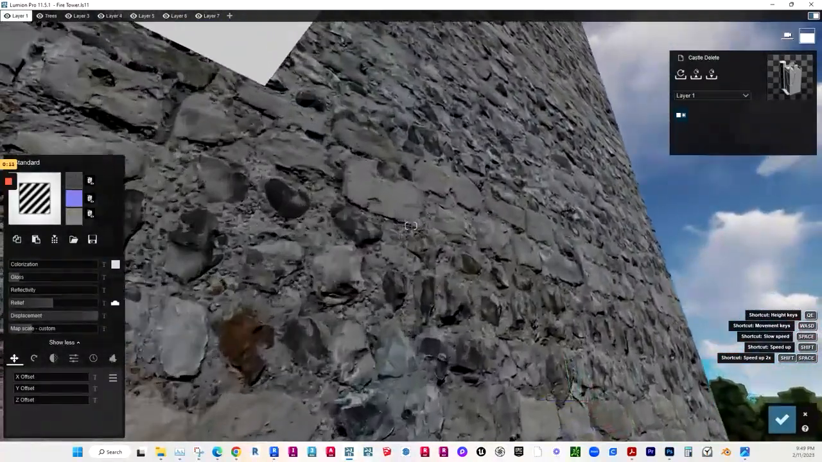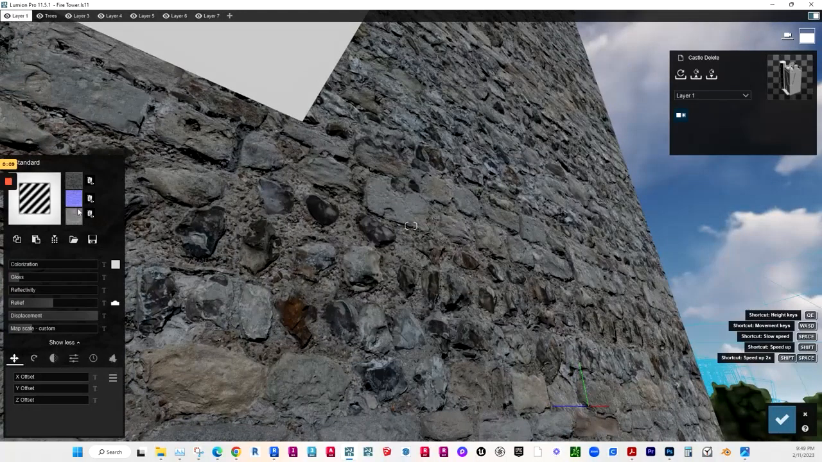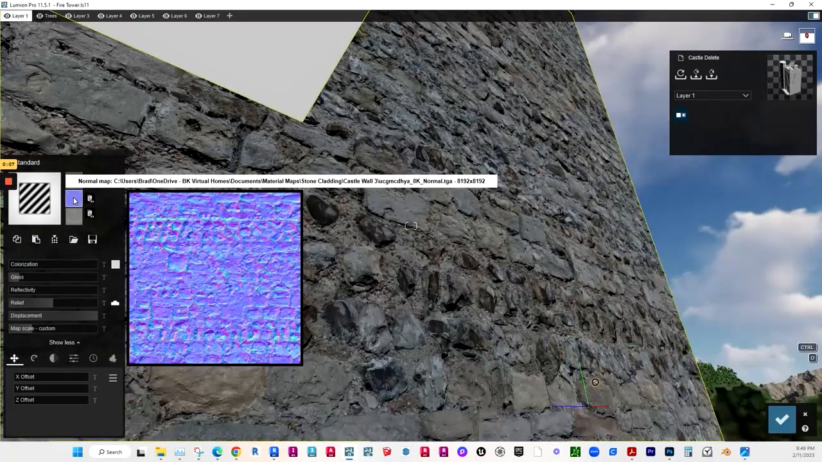Most of the time when you go to edit a material after saving it, it'll create a new normal map. And so it takes out this Targa file